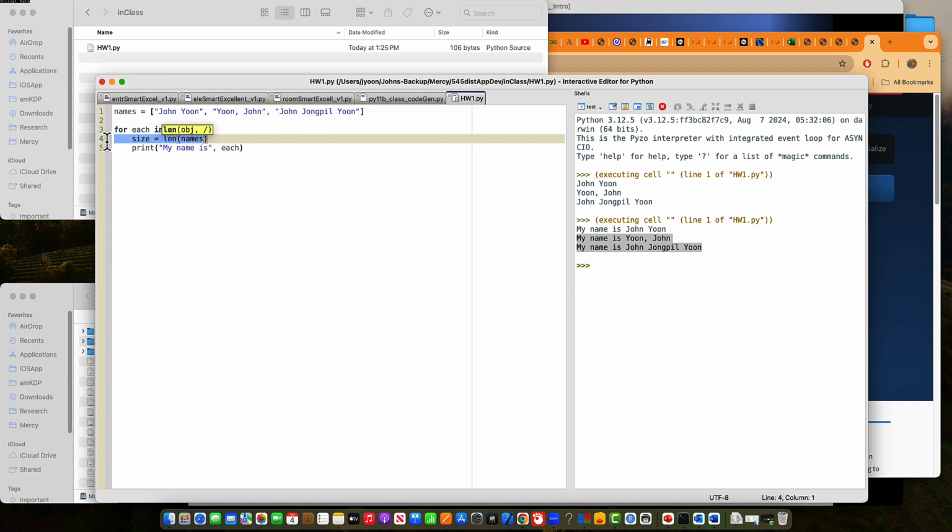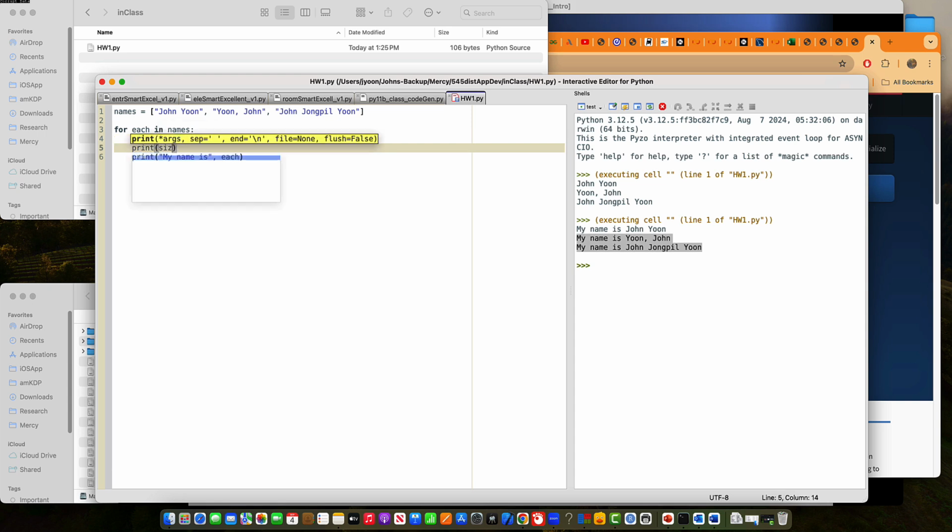Oh no, you don't need to do that here. Size equals length of each, and then print size,